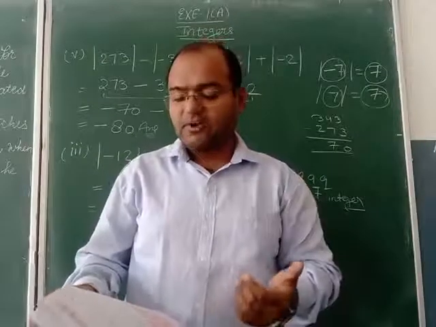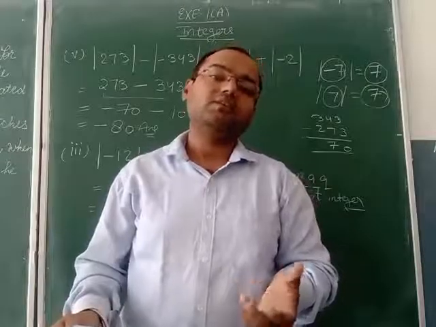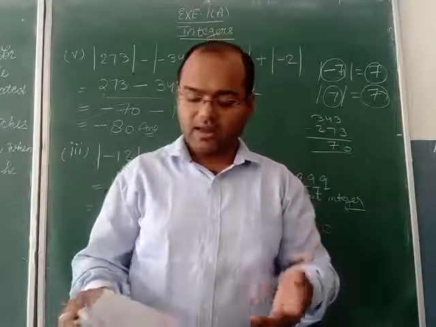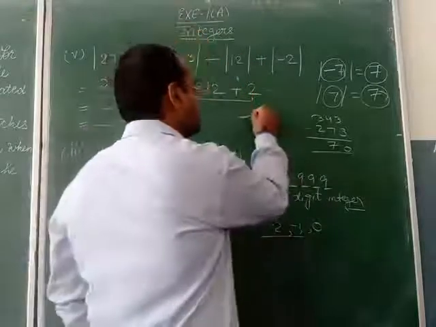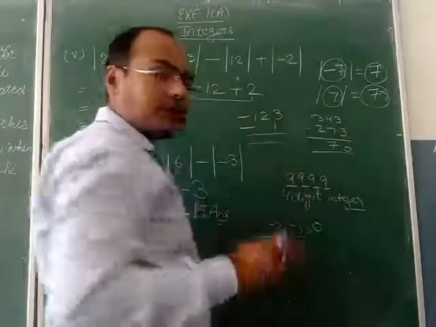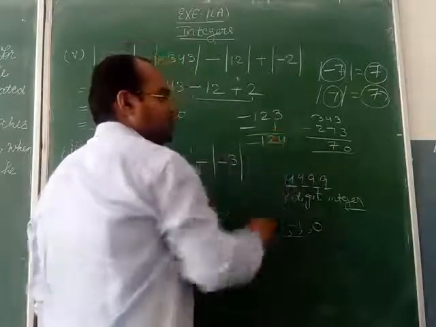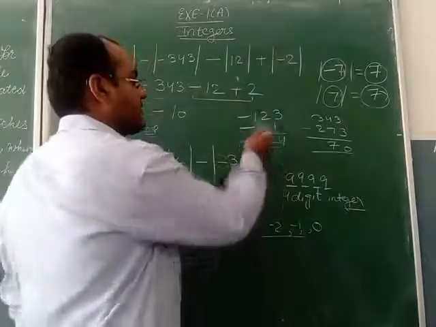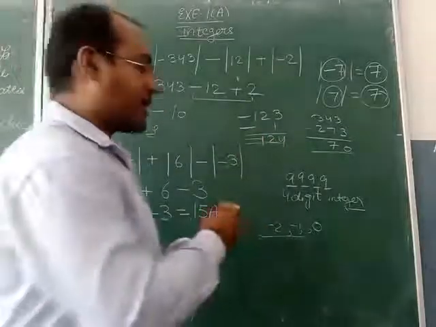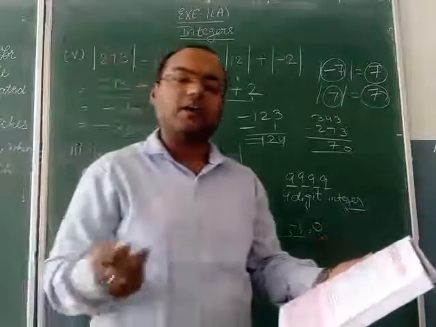Next, the predecessor of minus 123 is minus 124. Predecessor means back number, before number. Before के लिए क्या करना है? minus 1 करना है. So minus 123 is given. If we do minus 1, then minus and minus will become plus. When we add, the answer will be 124 and the sign will be of the greater number. Which one is greater here? Minus 123 is greater, so we will put the minus sign. That means minus 124. In the question also it is given minus 124. That means it is correct.